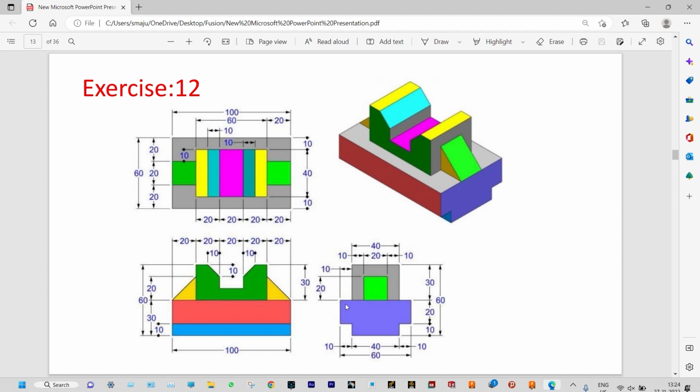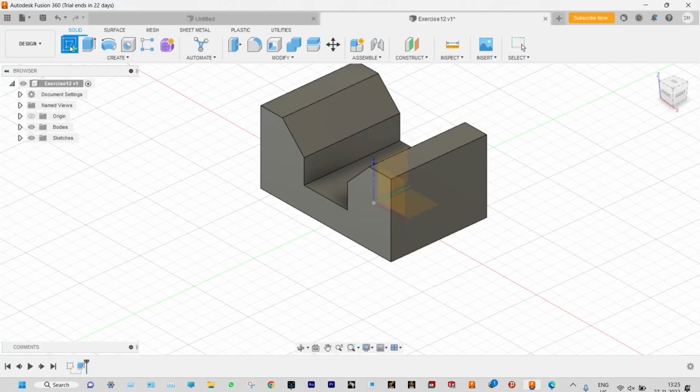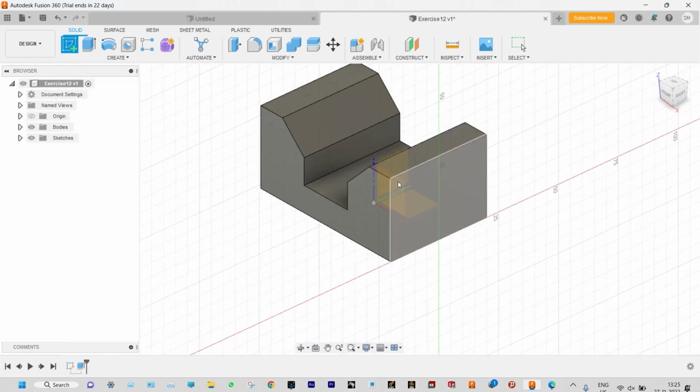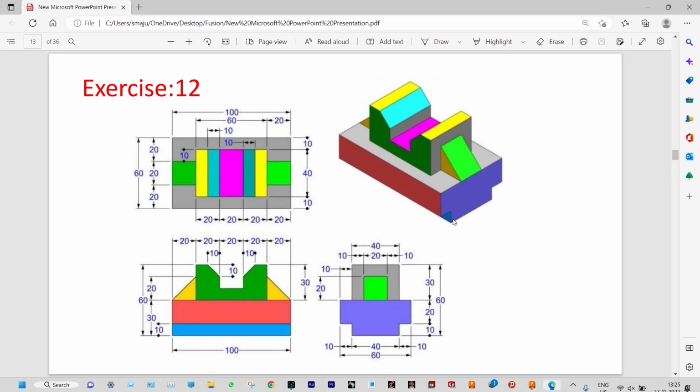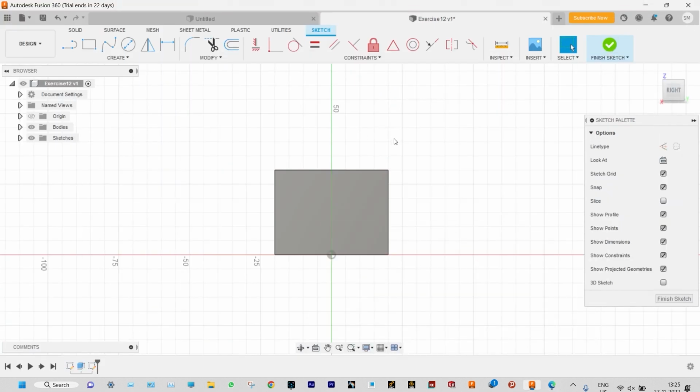That means we can start from the side view, right? So we need to start this one on the right plane, okay? And we need to draw this one, right? So starting with sketch, and we need to start from the right plane. You can see the drawing. This is symmetric, so again, you can use the mirror. So from this one we'll make one construction line, we'll make the half of this drawing, and that will be mirrored, right? So starting with the mirror line,